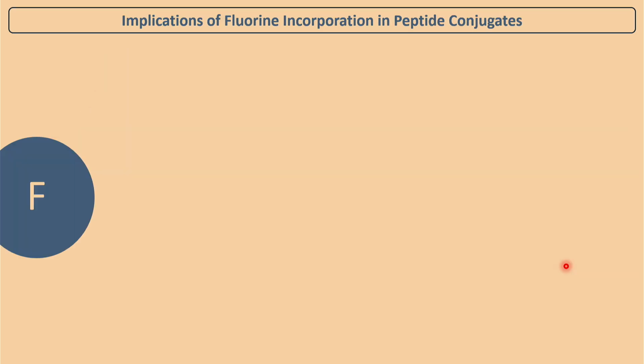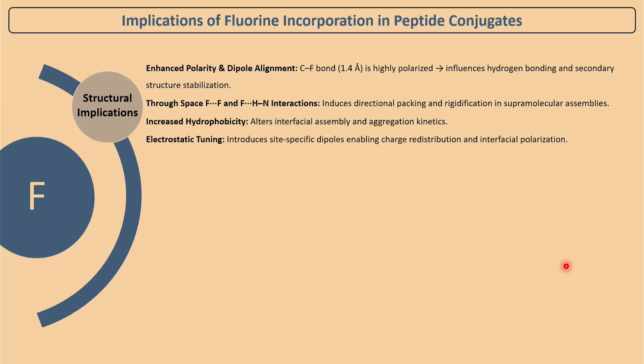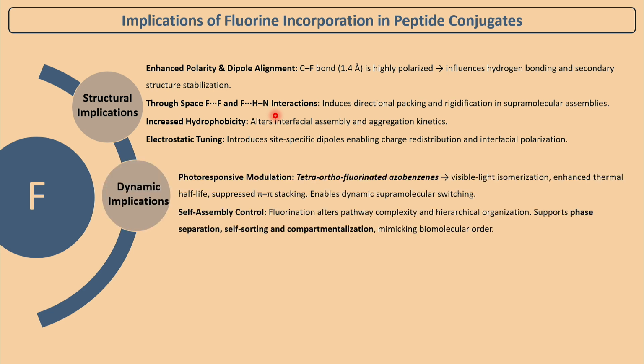Perfect. Now, what I will show here is that if you incorporate fluorine, you get enhanced polarity and dipolar alignment because of fluorine's high electronegativity. That is what you have learnt. You would also have through-space fluorine-fluorine interactions, and I will show some of the data. And you will have altered hydrophobicity. You have learnt about all these things. Now what would be the implication? The first thing, and I am going to come to it,